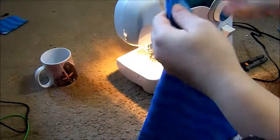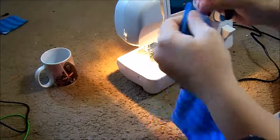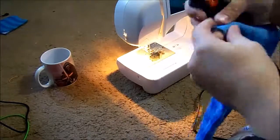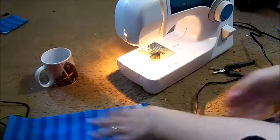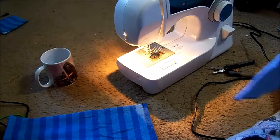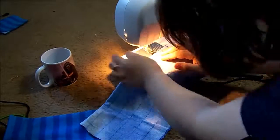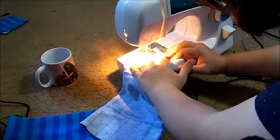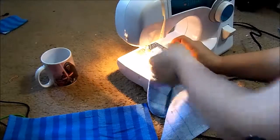Now, after we've cut off all the little strands of thread, we're going to take the 2 that are the same size and sew them separately. We're going to have them inside out. Once again, we're going to sew two sides, the bottom